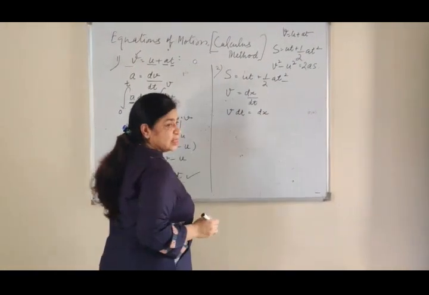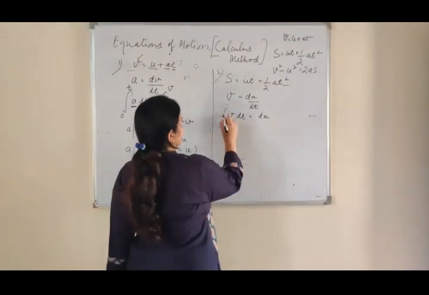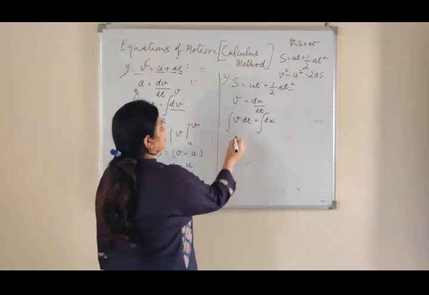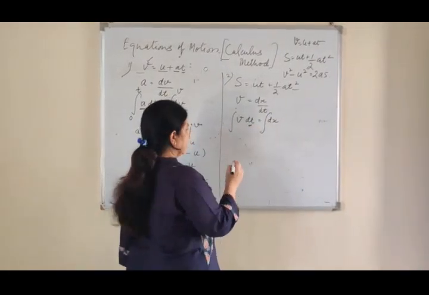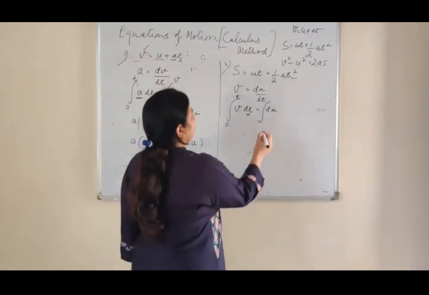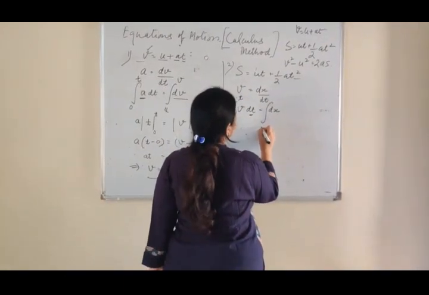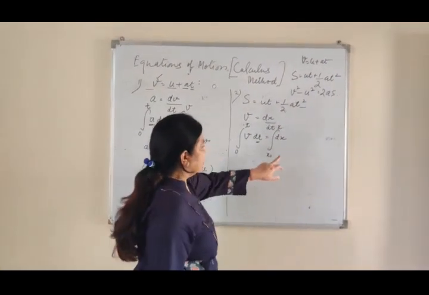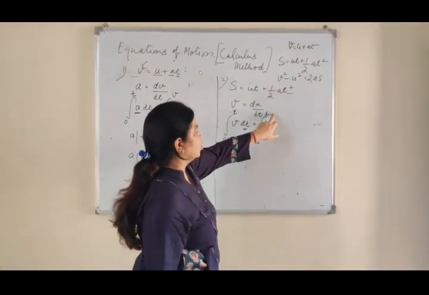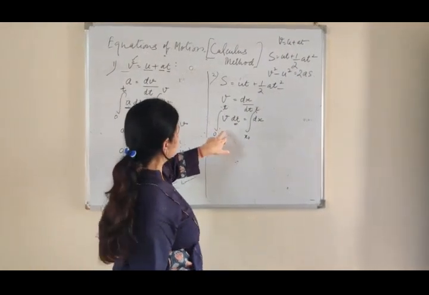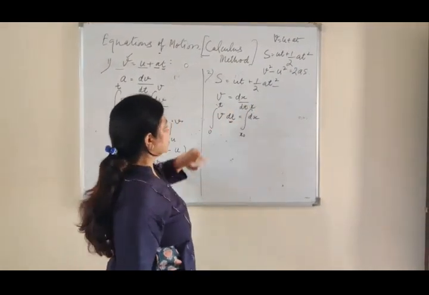or we can write v dt is equal to dx. Now integrating both sides, here we have dt, so we will integrate with the limits of time, and here we have dx, so I will integrate with the limits of x. Let x vary from x naught to x. X naught is the displacement at time t is equal to 0, and x is the displacement at time t